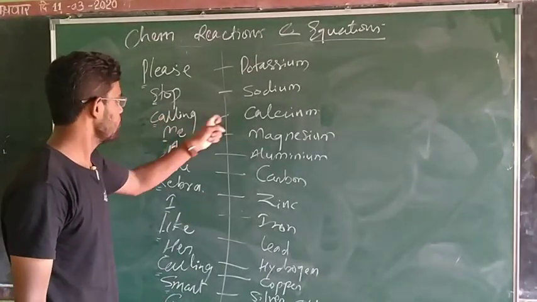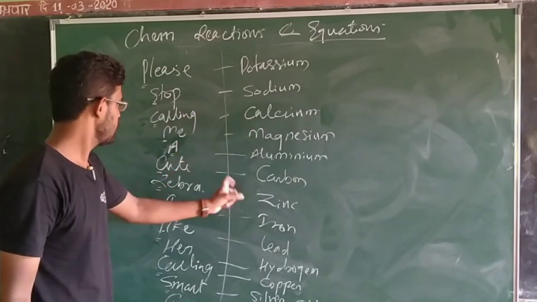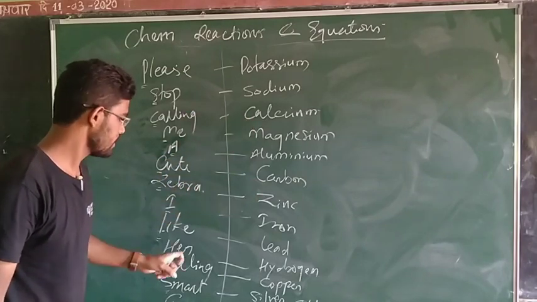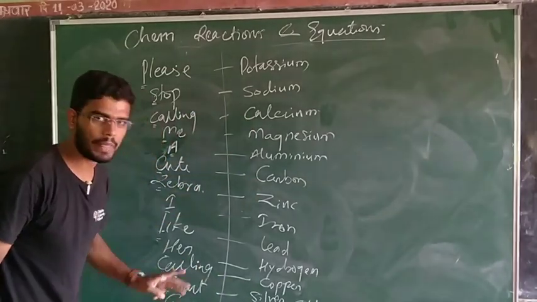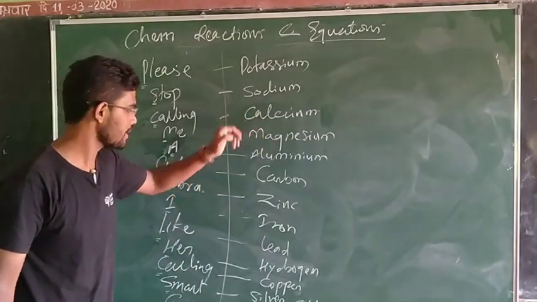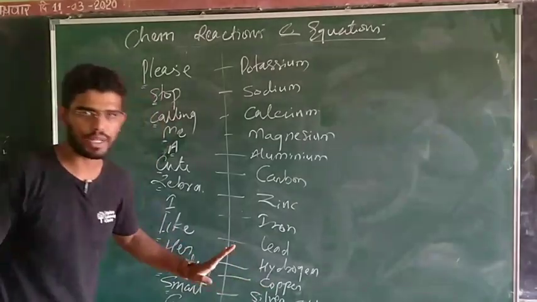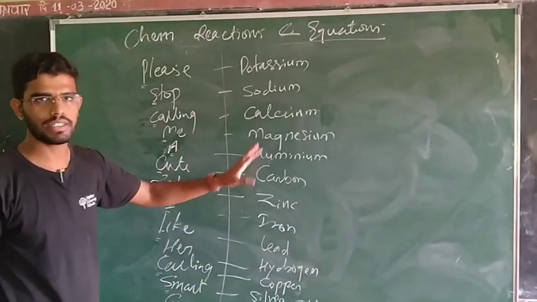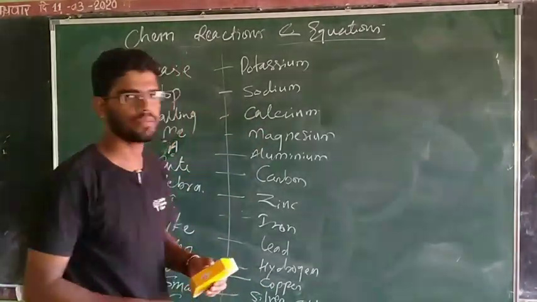Okay. Here always remember one thing. We have first calcium on C, then we have carbon on C, and we have copper from C. C से हमारे पास तीन एलिमेंट हैं. That you should be able to distinguish. Okay. पहले calcium आएगा, बाद में carbon आएगा, बाद में copper आएगा. बाकी तो everything is fine. So no, there is no confusion.